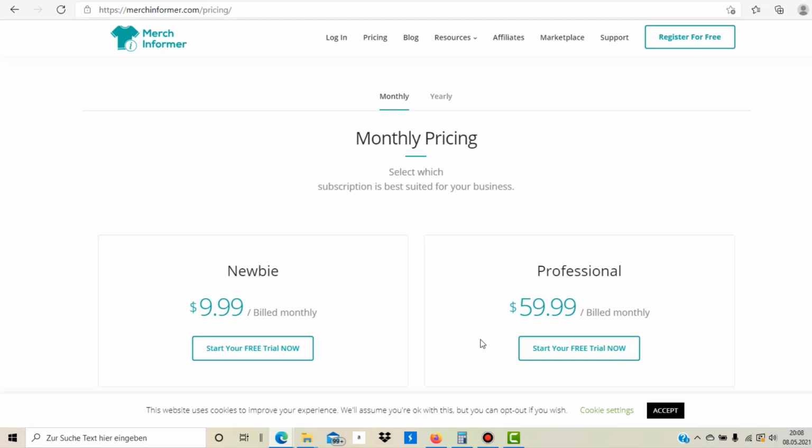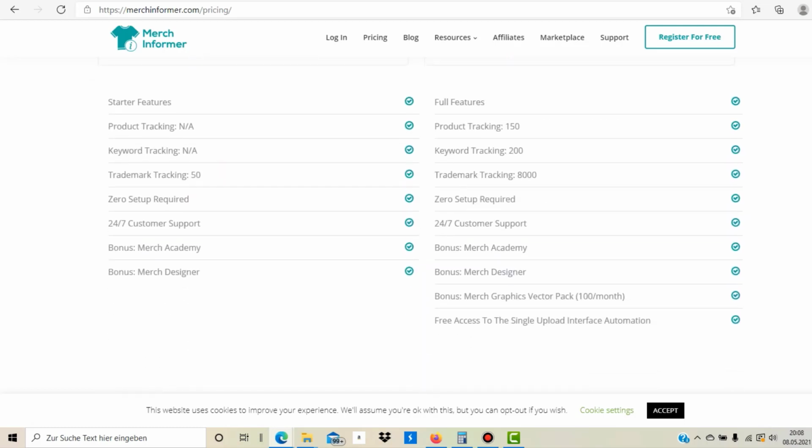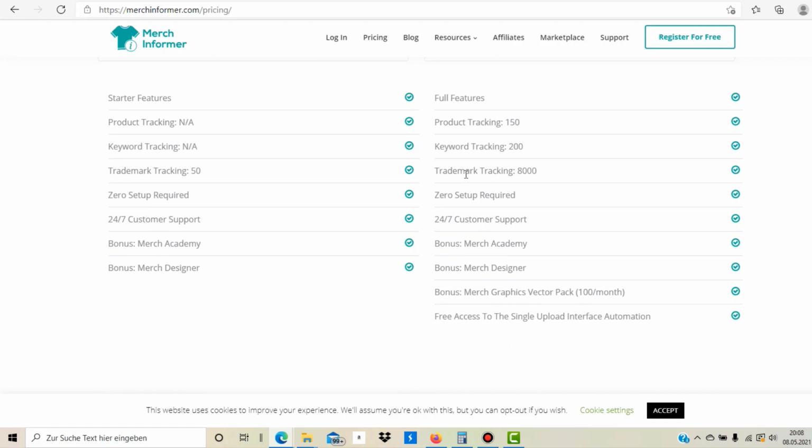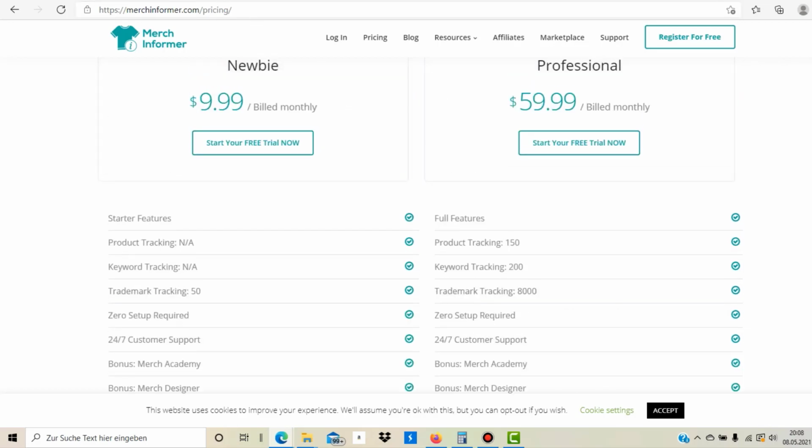And also the really useful things in print on demand, I think you only find in paid research tools. So the Merch Informer, they also support more stuff, like they call it Merch Academy, Merch Designer, vector packs. They also have upload interface automation, and a lot of things which I will go through in other videos. But today it's really just about